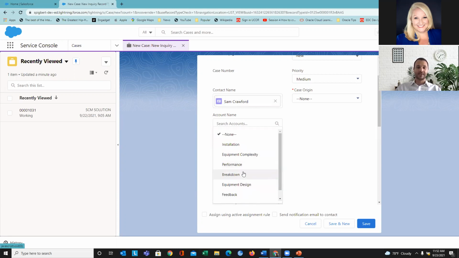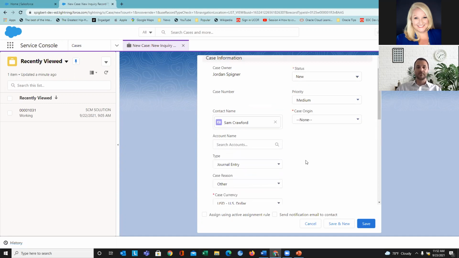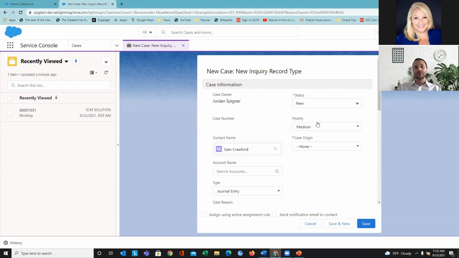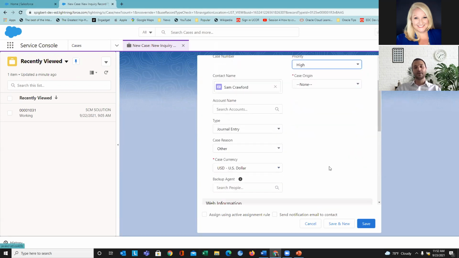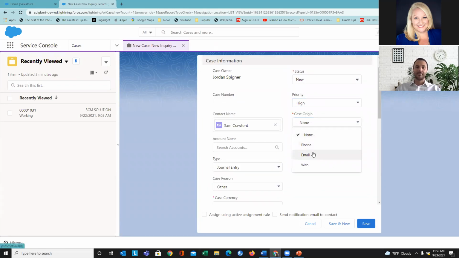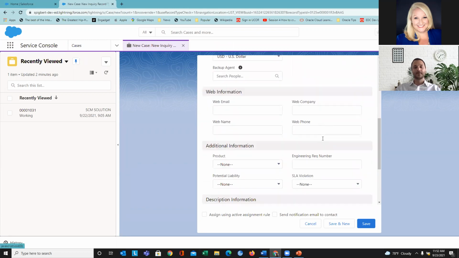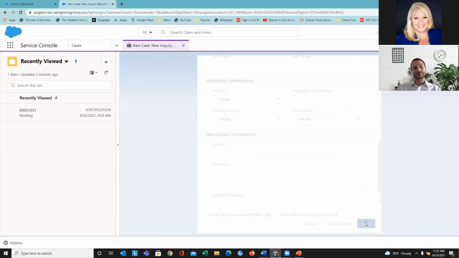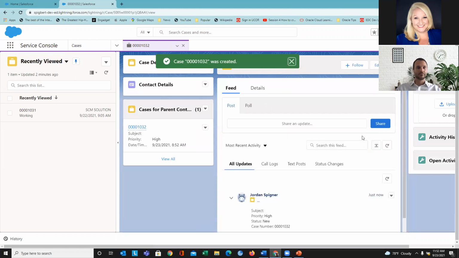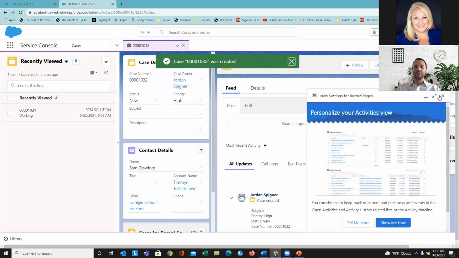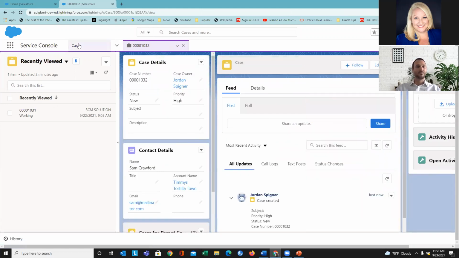So let's say the reason is other, our status is new, the priority is high, and the case origin here is going to be via email. And we're going to hit save. As you can see here, this case has been created. If I go back to my cases list view